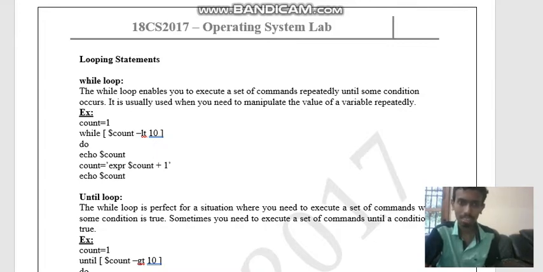A condition will be given, and in the do while loop, the lines of code included within the loop will be executed at least once, without even checking the condition one time. But here, this is the do while loop being executed,